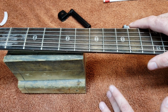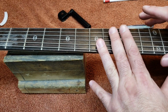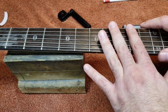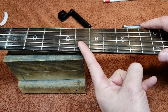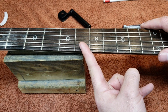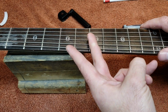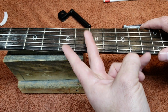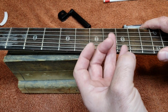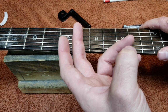And the thing with the refret solution too, I'd really caution people on going that route unless it's for a neck that's worth saving. So it's an expensive neck on a very expensive guitar. It's a guitar that you can't easily pull the neck off of, like it's a set neck guitar or a neck through guitar. But the issue that you can run into when going that route is that in some cases